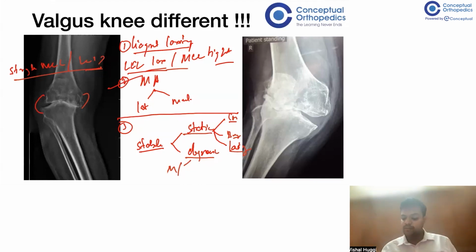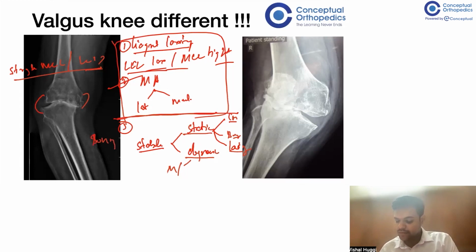So what is the most important thing we have left out in understanding the difference between a varus knee and a valgus knee? The most important thing is the bony anatomy. What has happened to the bone, which is leading to all these three things? So before going on to the bone